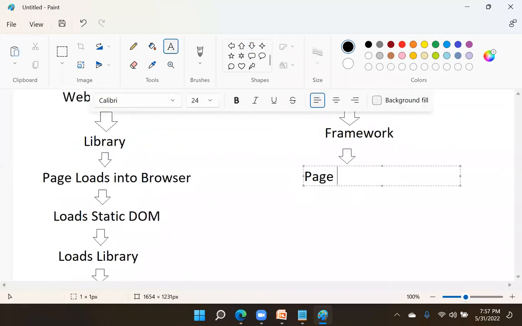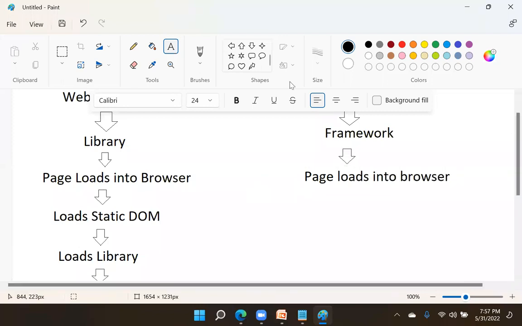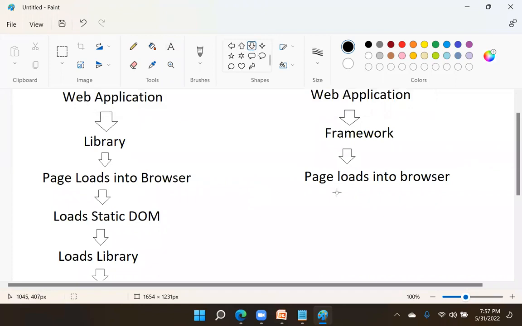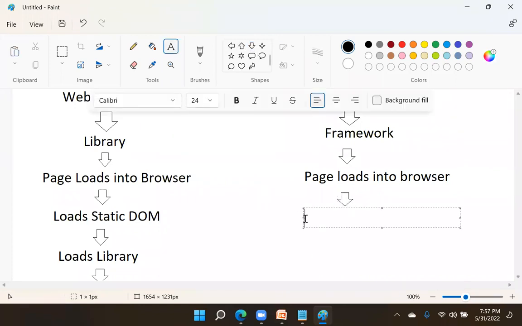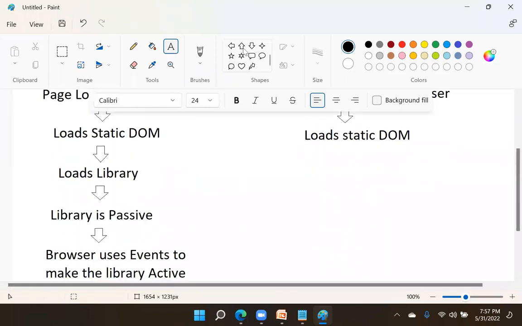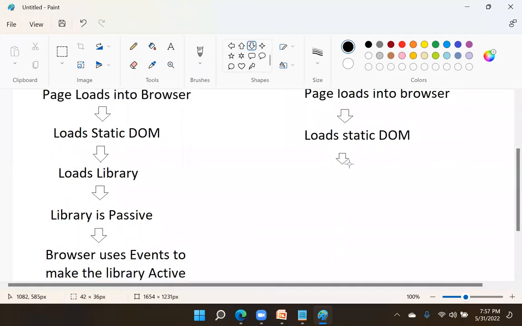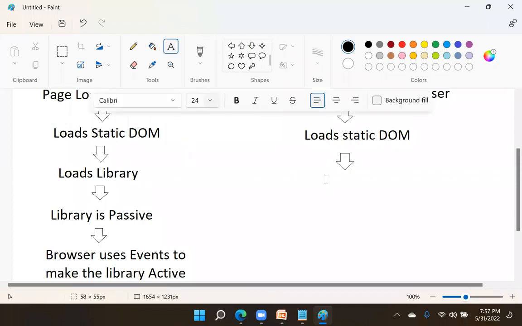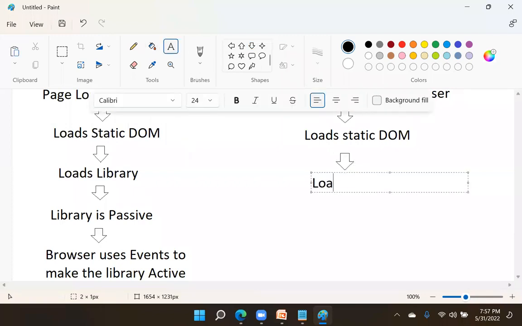First, the page loads into the browser, the same. After the page loads into the browser, the next step is that it loads the static DOM into the browser. That is also the same. After loading the static DOM into the browser, then it loads the framework.